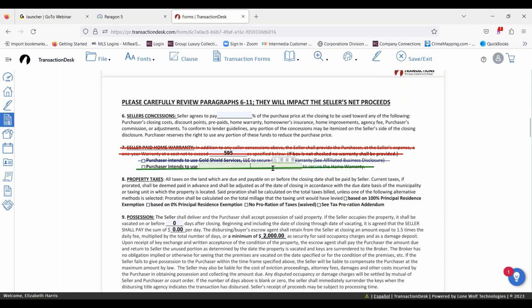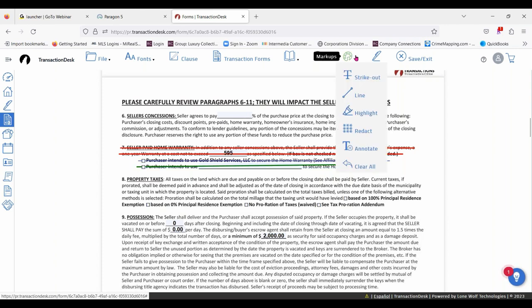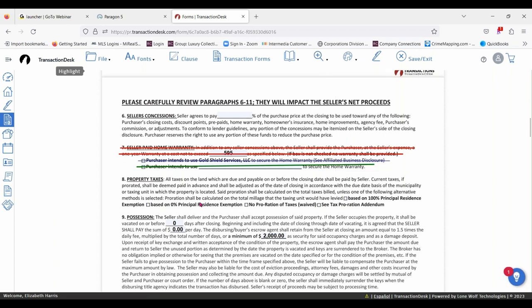Okay. And then again, you can always move this up and down. And you can delete it as well. Okay, markup tool at the top here. Next is your highlight tool. If I want to highlight something for them to